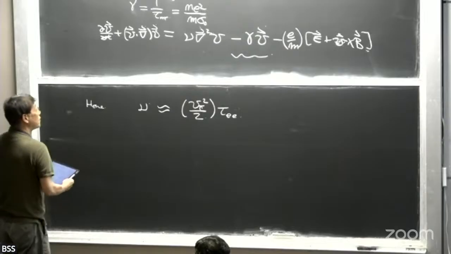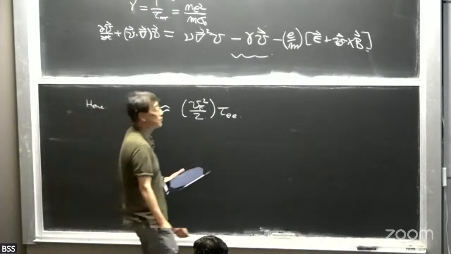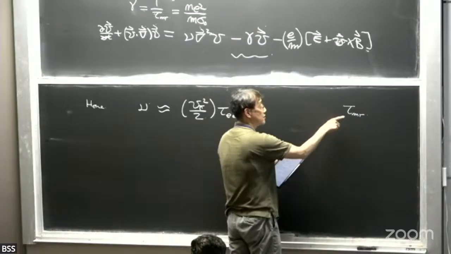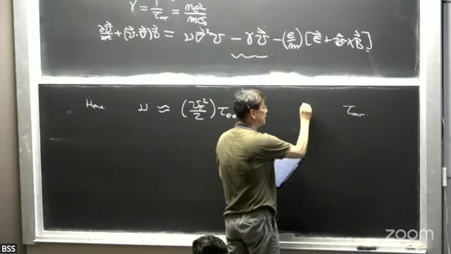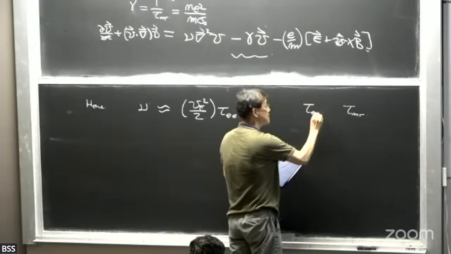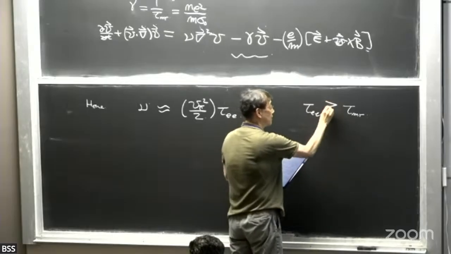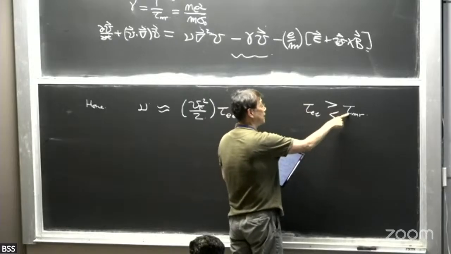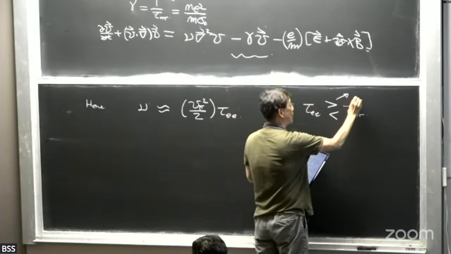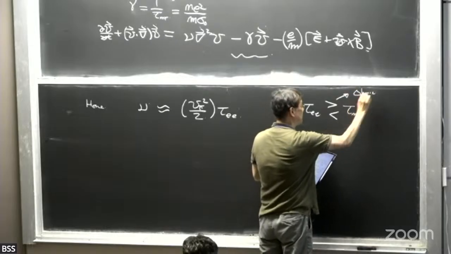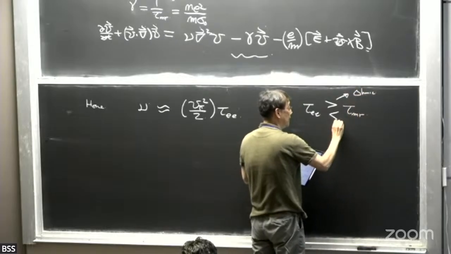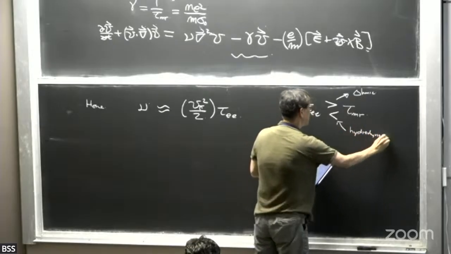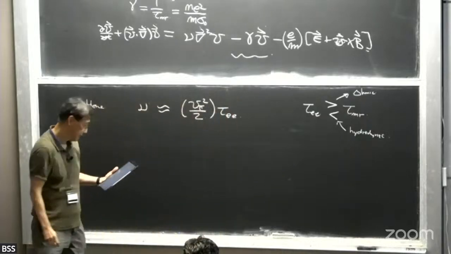And of course, the relation we want to compare is this momentum relaxation, which is related with this gamma, and then nu, which is like this. So which one is bigger: if this time is bigger than this one, then it's going to be more like the ohmic behavior or diffusive type of things. And if this time becomes shorter, this is hydrodynamic. That's one thing we can do.